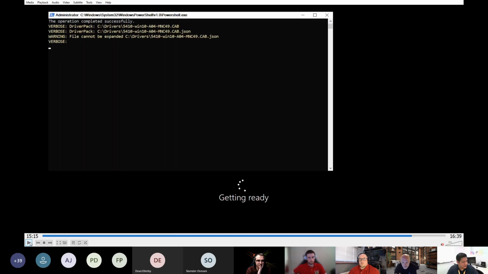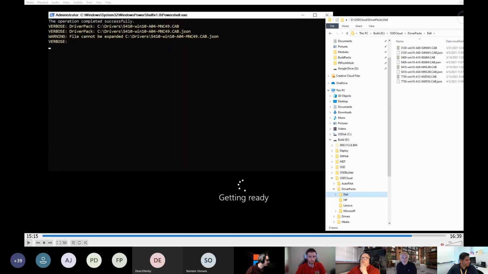I'm going to have to rewrite this just to exclude JSON files. But the JSON file is basically a marker that I put in there when I download the driver that tells it where this driver came from. And I can show you what that looks like so you understand there's nothing bad happening here.